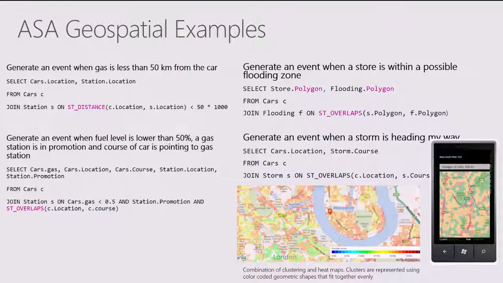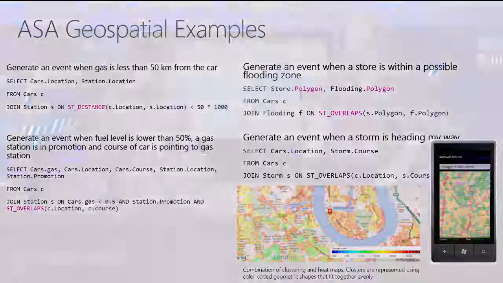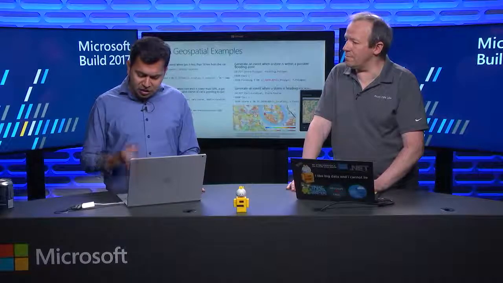We can also have scenarios where if a certain number of cars are performing a hazardous braking operation at a specific street intersection, it's possible to alert other cars in the area that are heading towards that intersection about potentially hazardous driving conditions. So these are, again, just a sampler of the several possibilities where you can join and aggregate data from multiple streams using Stream Analytics and use a SQL-like query language with inbuilt geospatial functions to be able